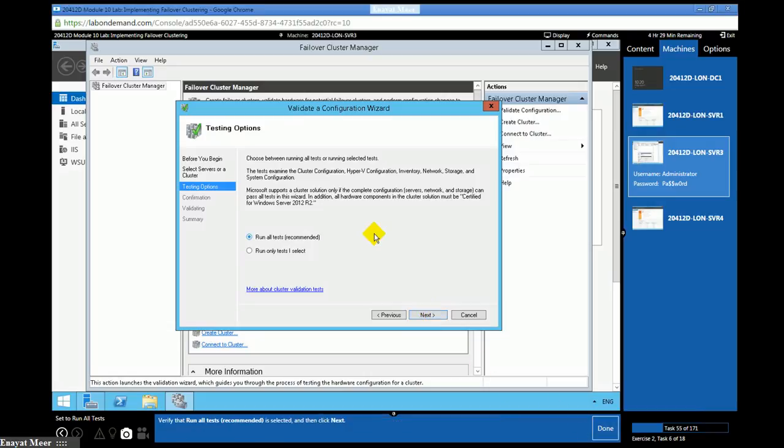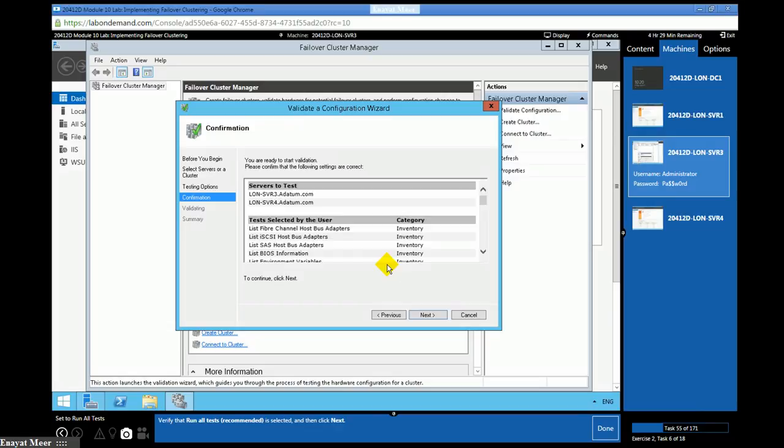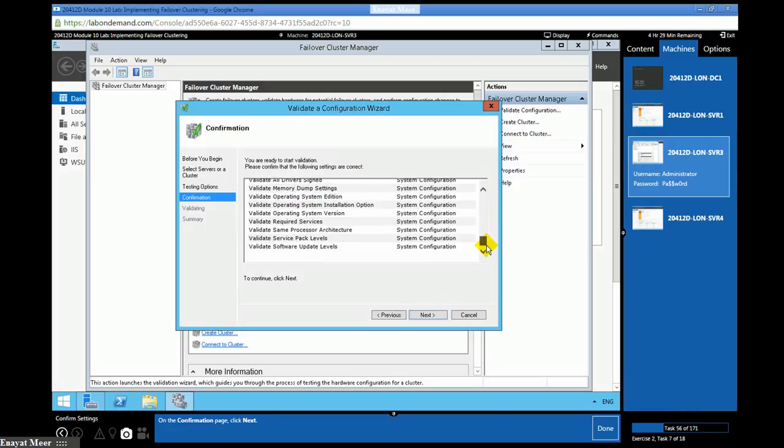Run all tests recommended. So you can run these tests, and again, the test validation will take a while, so you will wait about 10 to 15 minutes. Once these are all green, or you see some warnings, that's fine, but if you see any cross, no good.